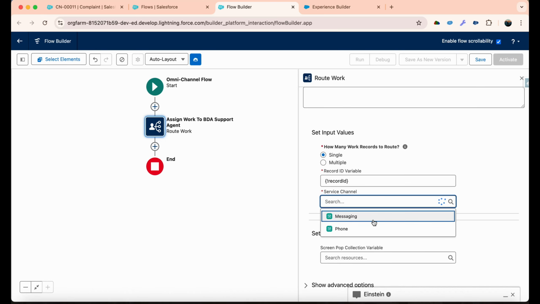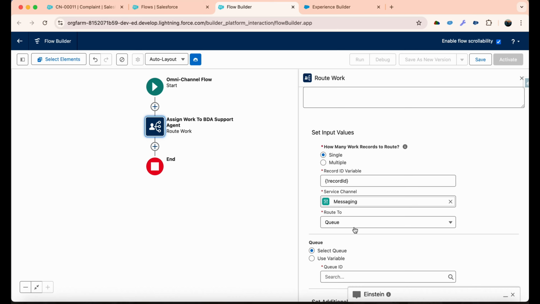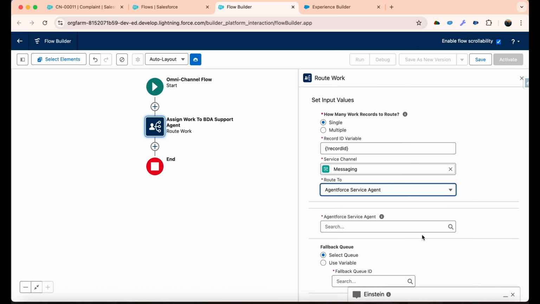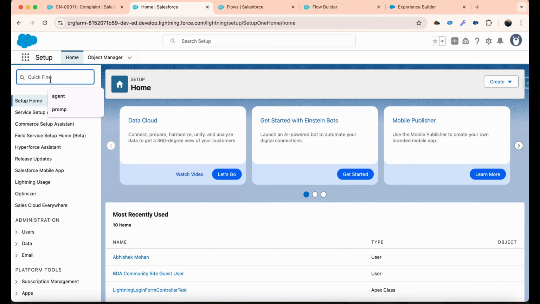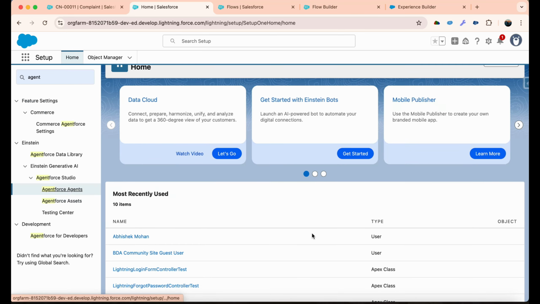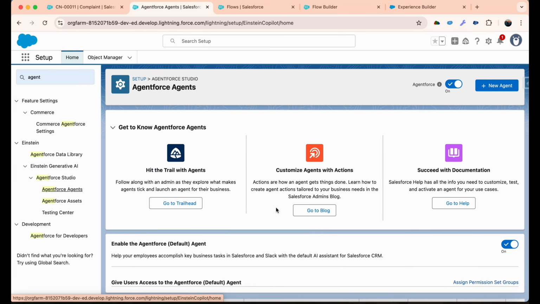Then the service channel, we are going for messaging channel, and this time we want to route to service agent, and the name of the agent. Okay, so it will be displaying the agents which are active. I think our agent is not yet active. To confirm that, we have to look at the Agentforce agents. So yeah, this is not yet active. Let's activate our agent. So go to builder, activate the agent,